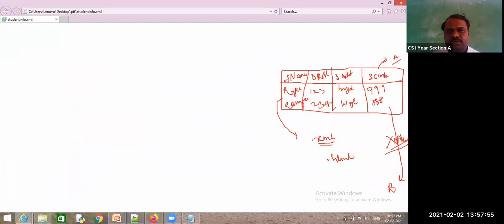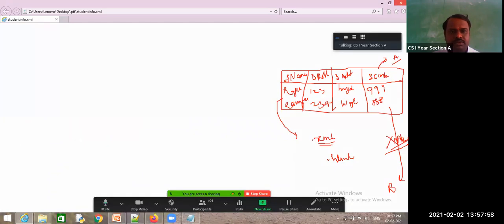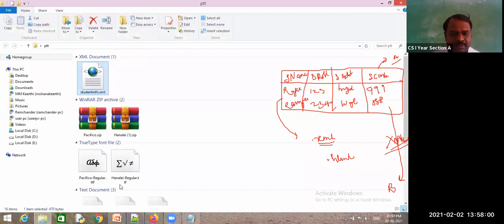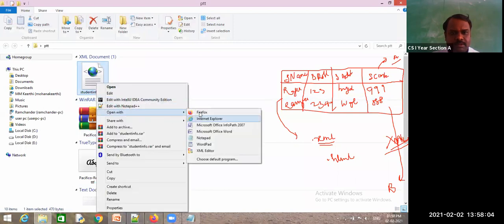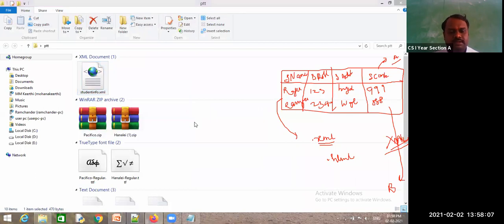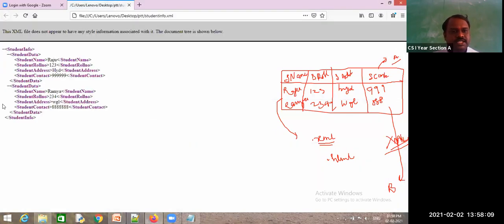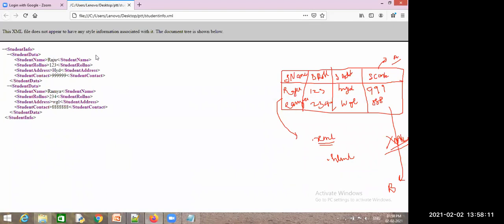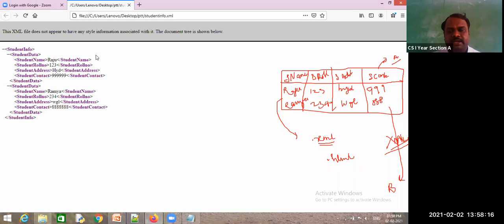So I don't want to see it in this Chrome. I want to see it in Internet Explorer or Chrome. So I will go for Internet Explorer. So can you see this document? Yes, sir. Yes, this is the way your data will move. Here, this XML document. Did you create it from a platform to this XML document or not? So has this XML document been created or not? Yes, sir.